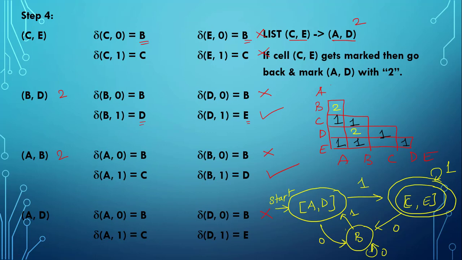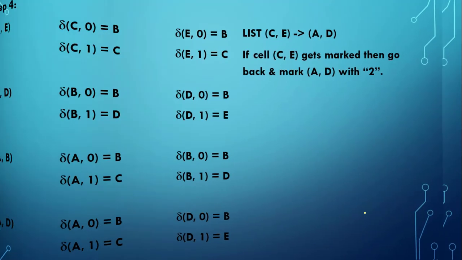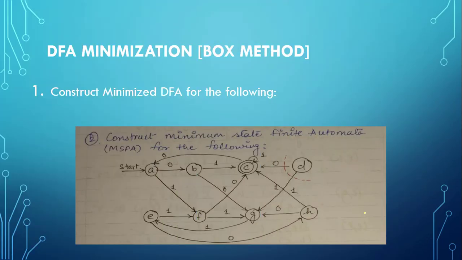So here even though you may be confused or you may not be able to comprehend how AD and CE, both cells, can have the same transitions, if you go back and check the transition table you will observe that these are the same transitions that are taking place from AD and CE. That is why we could merge these cells to form the minimized DFA. So we'll just go through one more example. I'll just give you a run through, I may not explain it completely.